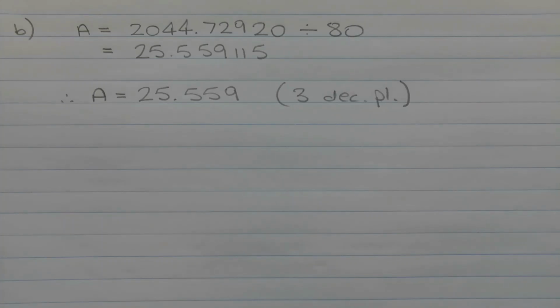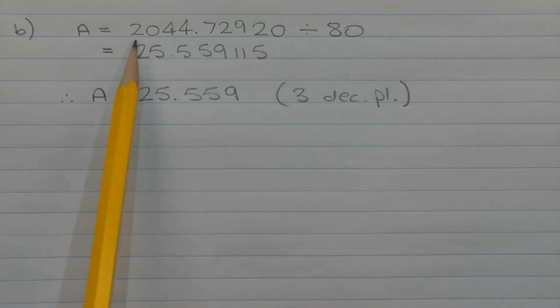Now from part A, we know that Jack deposits $80 per month over 24 months at 6% per annum, but it's 0.5% per month. And we know that the future value, or the amount in Jack's account at the end of 24 months, is $2,044.73. Now to work this out, I'm going to use the unrounded future value, that is 2044.72920. We know that this is based on an annuity of $80 per month. But the table is based on an annuity of $1 per month. So if we take this value here, which we found in part A, divide that by 80, we get the value of A that we want in the table, which is